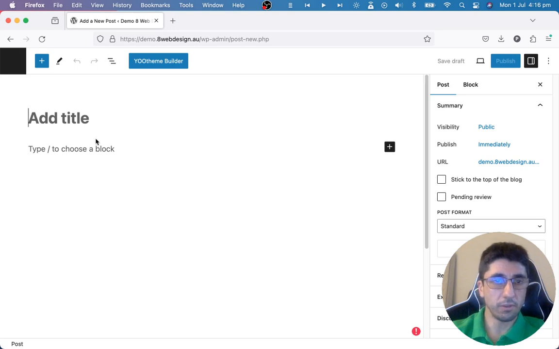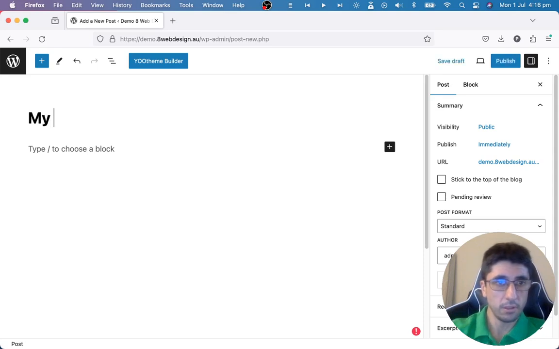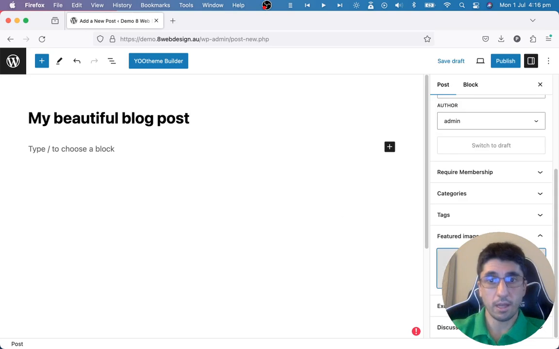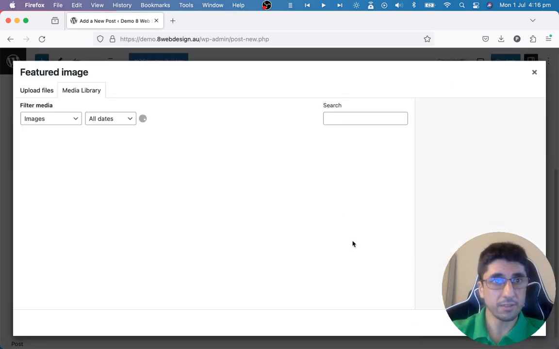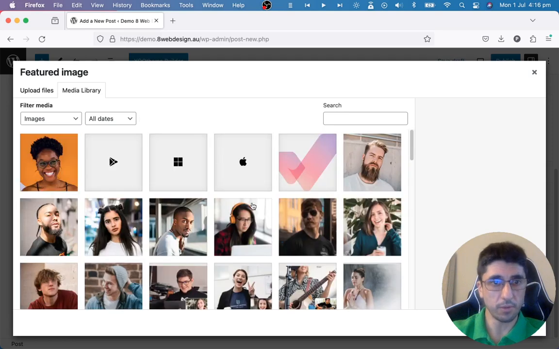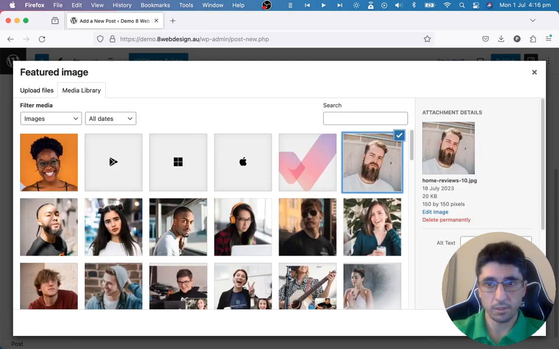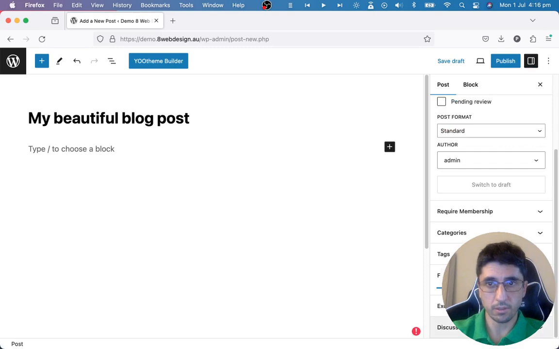This is the default WordPress screen to create blog posts, so we're going to use this for two things. First, add a title and add the featured image. This image will be shown in the list of blog posts that you will see in your website. Now let's save it as a draft